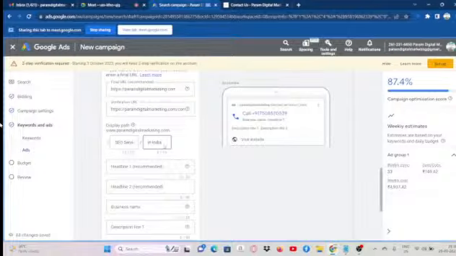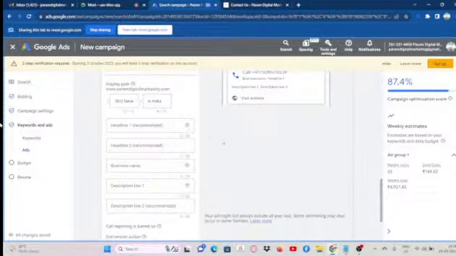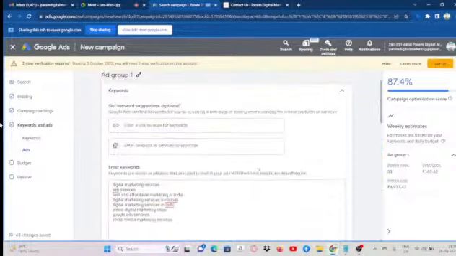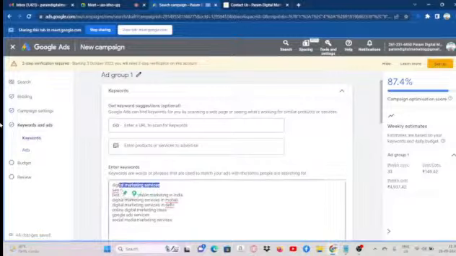Don't worry, you can also write down your website name. And in headlines, this is an important point. What do we write in our headline? In the first headline, write down the first keyword. This is a very important part in Google Ads. Whatever the first keyword is, write it in your first headline,